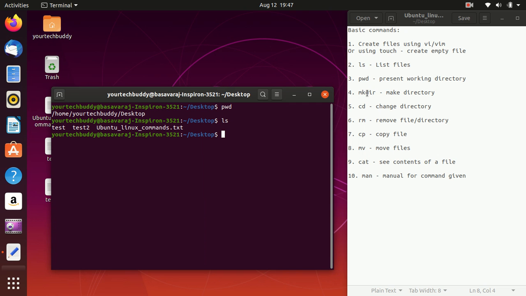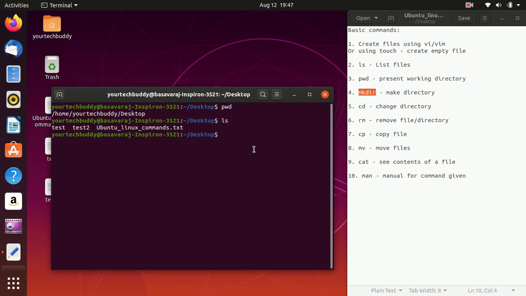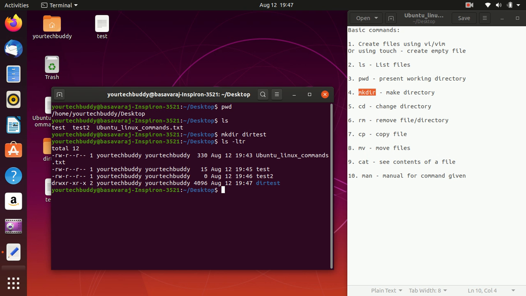We'll go to the fourth command, that is mkdir. mkdir is a command which is used to create a directory in Linux. mkdir dirtest. Let's see whether it got generated.